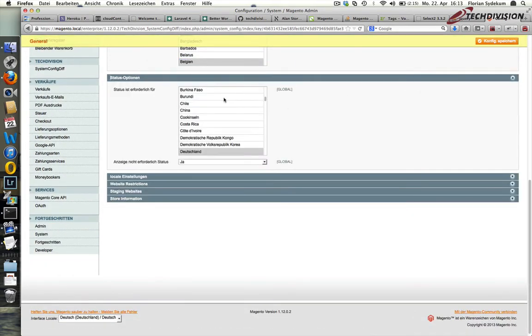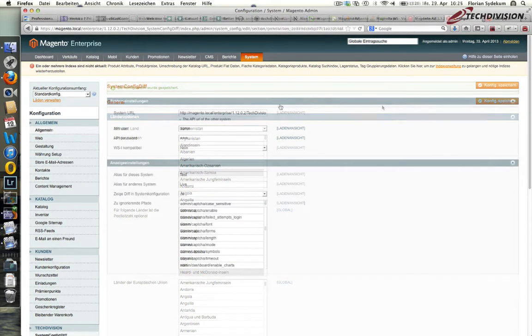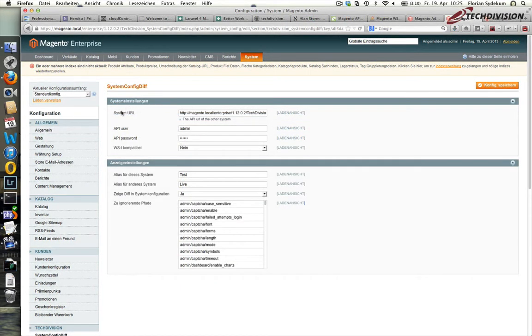To get consistency between them, we developed a Magento extension called System-Config-Diff. This extension compares the system configuration, CMS pages and CMS blocks of two Magento instances and calculates the differences between them. The extension is installed on two systems and communicates over the Magento web service to get the data